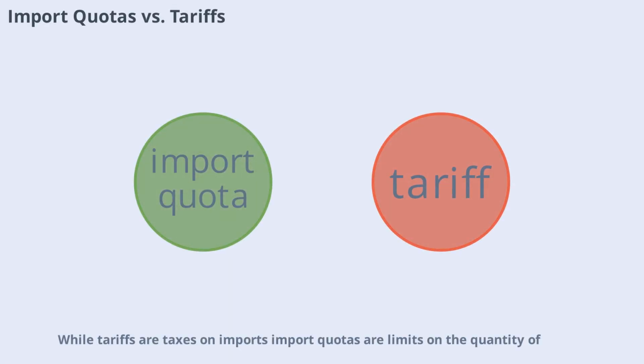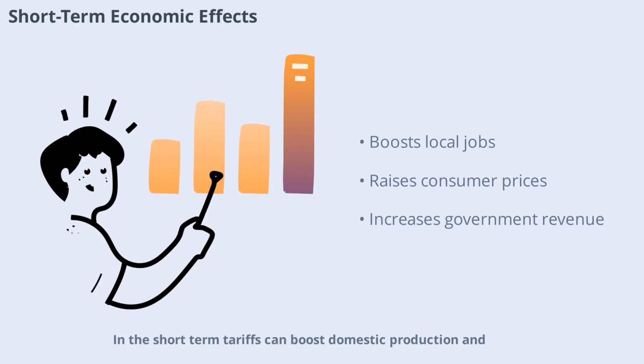producers. While tariffs are taxes on imports, import quotas are limits on the quantity of goods that can be brought into a country. Both tools aim to protect domestic industries, but quotas restrict supply directly, while tariffs raise prices to reduce demand for imports. In the short term, tariffs can boost domestic production and employment by making imported goods more